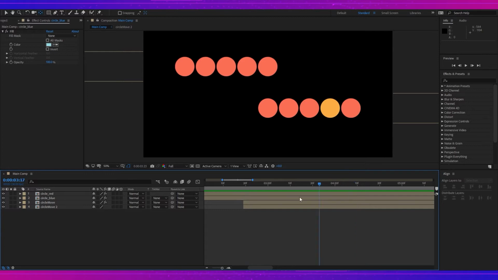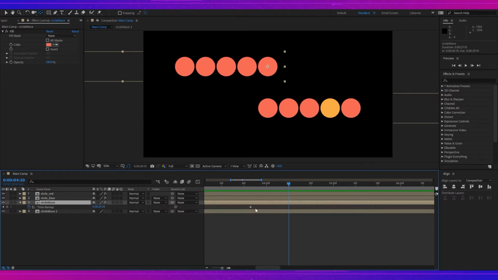Now somewhere at this point at 410, I will start making it disappear. So again, I will select the circle move comp, press U. I will move the time indicator to 4 seconds 9 frames, copy paste the last keyframe, then go to 410, put the value 415, and